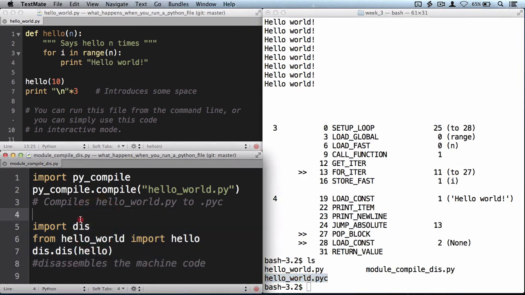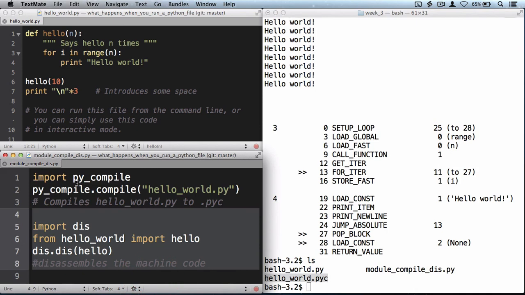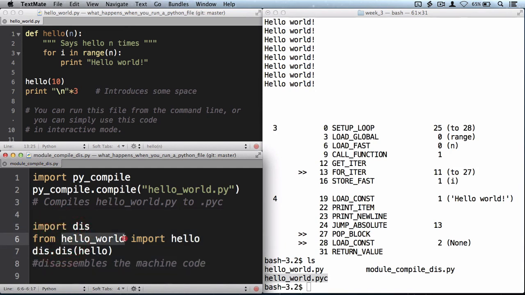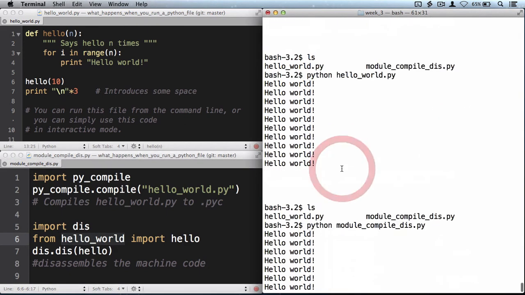And that's what's happening here in the second part of the module compile_this.py file. So this here is a module called disassembler. It's the disassembler module. And what it will do is first go into the hello-world.py file. It's this command from hello-world.py, import hello. So what I'm doing is importing hello of n, I guess. I'm importing this function. I'm also executing this part, and that's why when I run above here